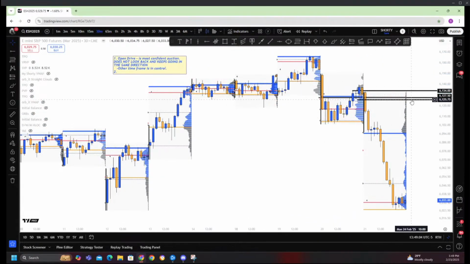Is it like POC? Yeah, they came in here and they rejected the POC. So it is an open test drive, right? But they came back, gave you a nice retest short here, and then they continue lower. So this is definitely an open drive. An open drive is associated with trend days. Okay. What's the one that's least, I would say,